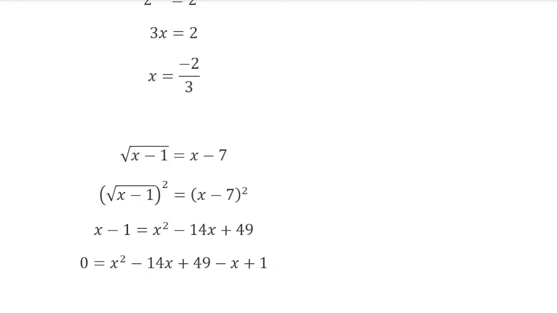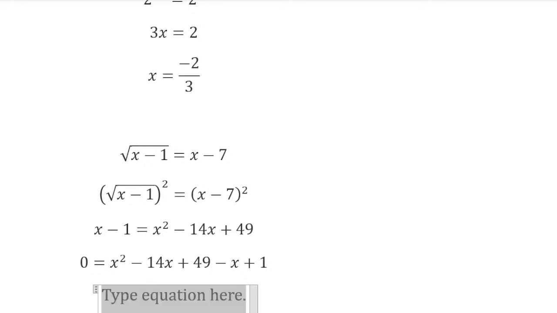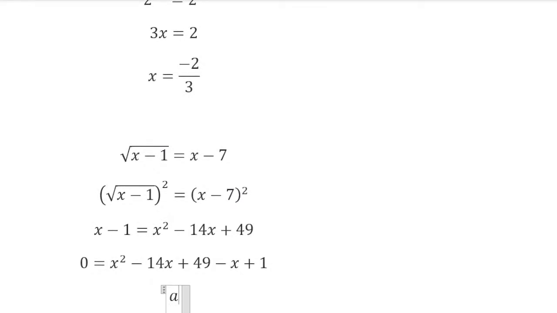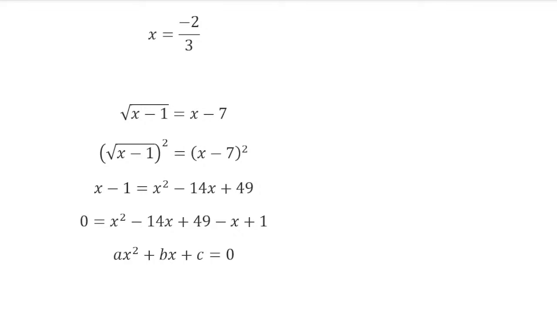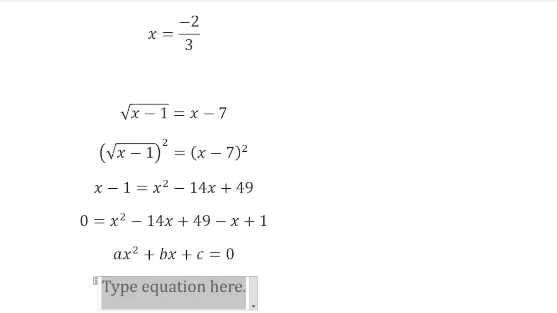So remember, every time we're dealing with a quadratic equation, we should write it in the form ax squared plus bx plus c equals 0. So now we have to equate all of these to 0. Then what do we do? So here we say, okay, x squared,